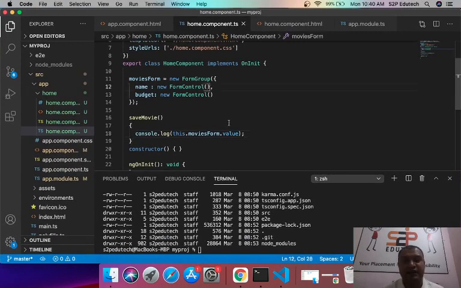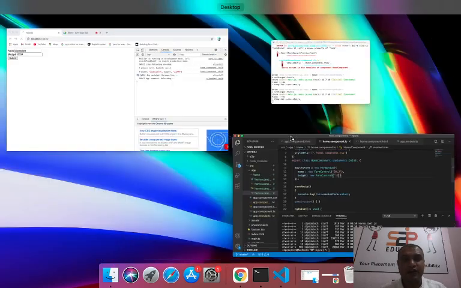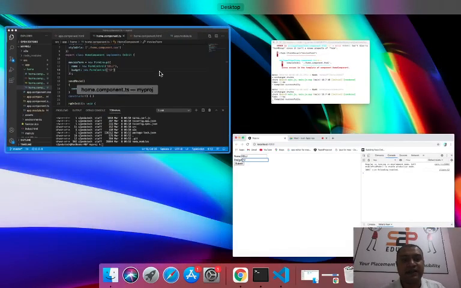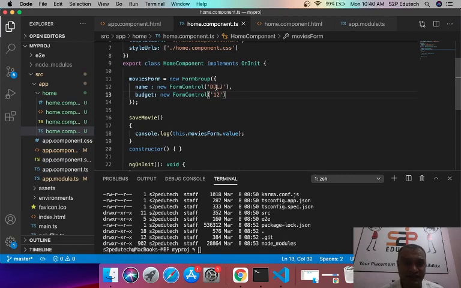One more important thing we can have in this is that we can give some placeholder. Let's say I give the movie name as DDLJ, and let's say I give budget as 12, and I save this. Whenever my page is loaded, by default some value comes in this. From where is it coming? It is coming from this place. So these are just placeholders, or the values which are by default assigned to your form controls in this form.